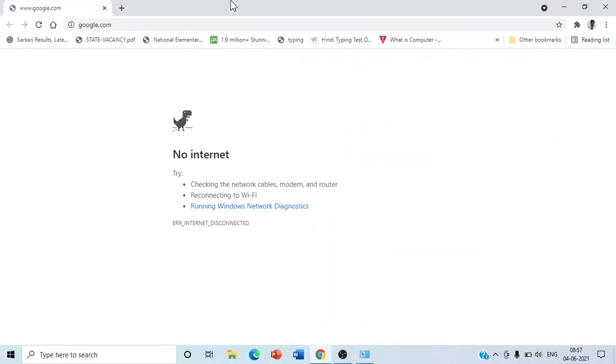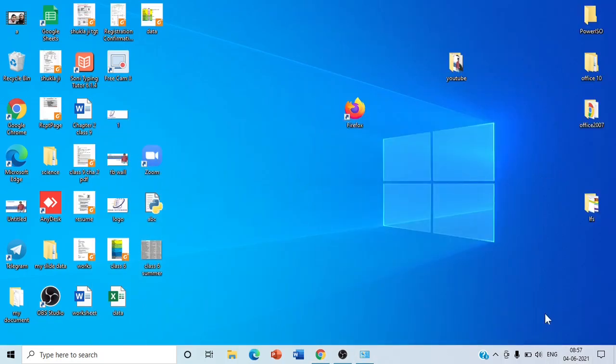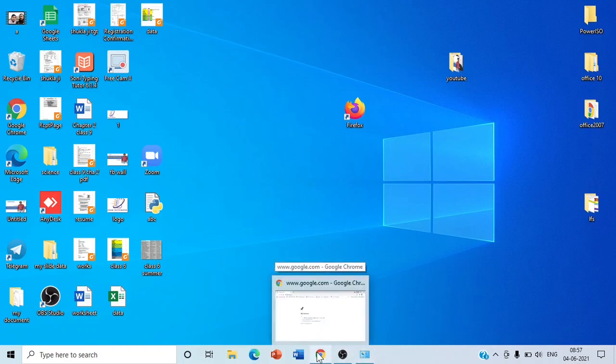Now we will understand some other feature of Windows, that is known as Aero Peek. What is Aero Peek? With the help of the Aero Peek feature, when any application is open, you go on that taskbar button, that icon. You will see a small window of the open application pop up.